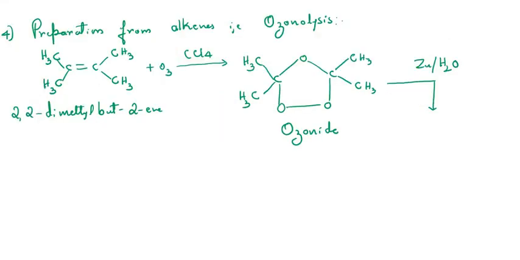So in the next method, students, preparation of ketones from alkenes, that is through the ozonolysis reaction. Already we have learned this ozonolysis from the earlier videos, that alkenes when subjected to ozonolysis will be giving ketones as well as aldehydes, but now we have to learn the preparation of ketones. Whenever we have to prepare ketones, we have to remember that in the alkene involved in ozonolysis, the doubly bonded carbon atom should not contain any hydrogen.